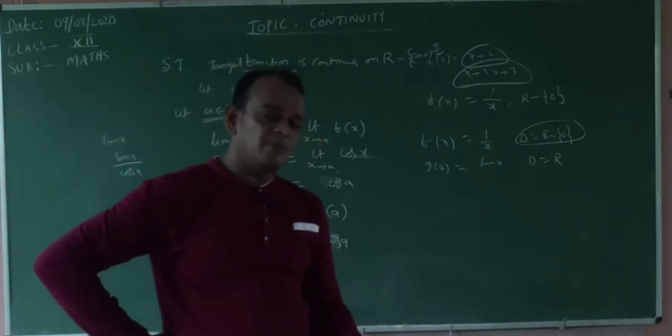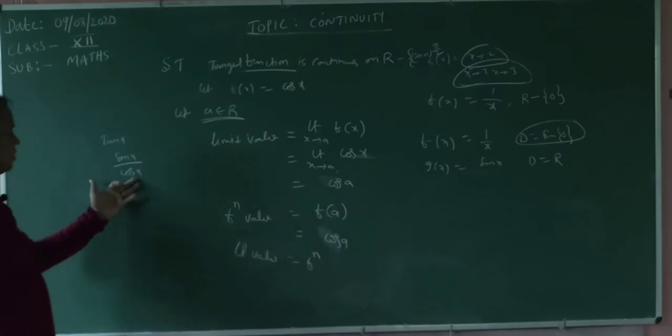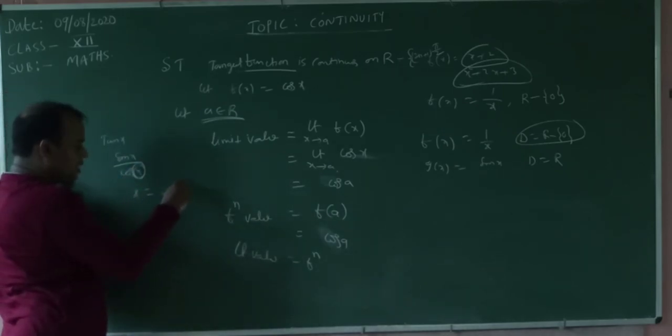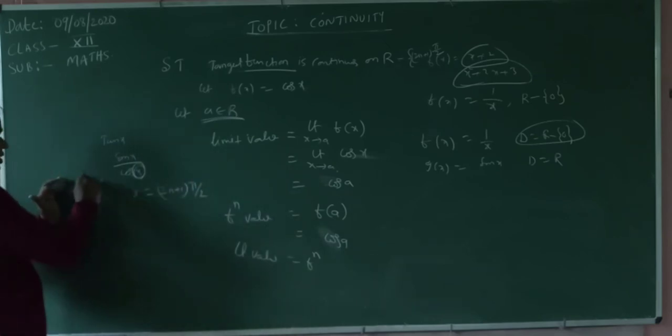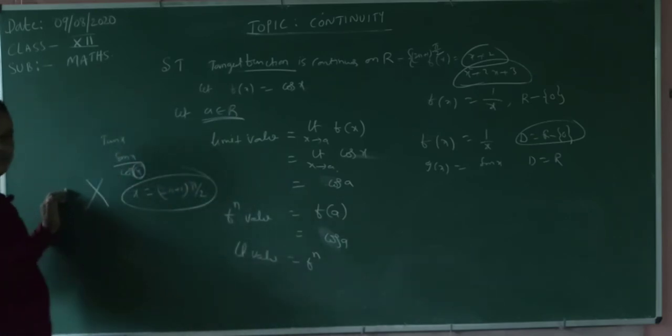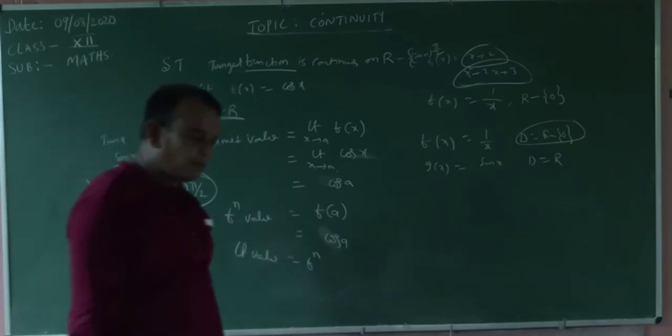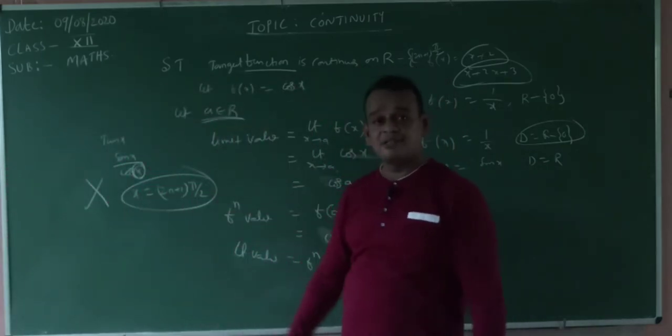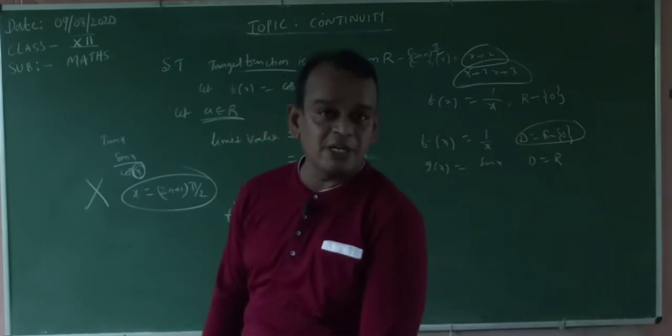What are the discontinuity points of tan x? Whenever cos x is 0, that means odd multiples of pi by 2, where x is equal to (2n plus 1) pi by 2. The function is not defined there. These are the discontinuity points. What are the continuous points? R minus those points. You subtract that set, and the remaining parts must and should be continuous.